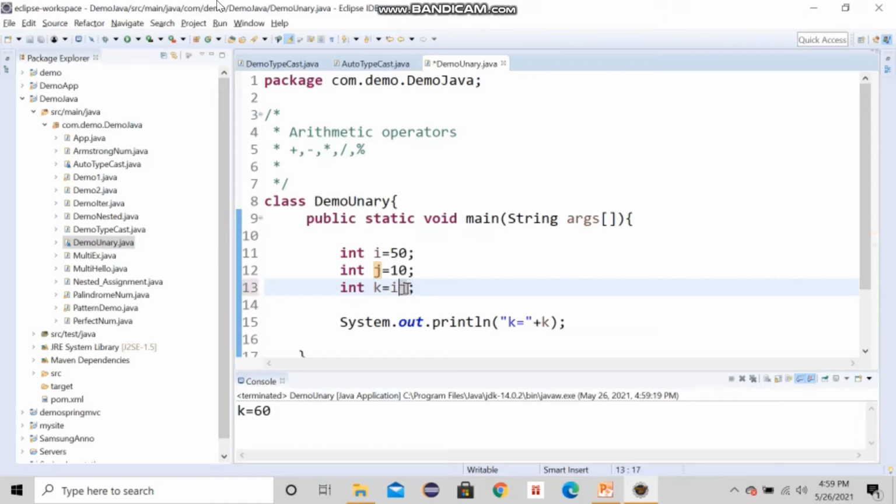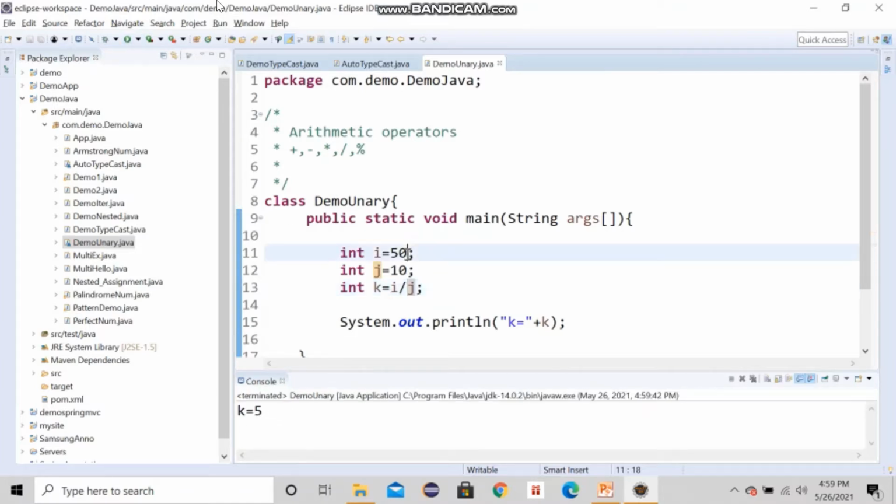Likewise, if I subtract, I get 40. Then if I multiply, it's so easy. And if I divide, in division it will show you 5.